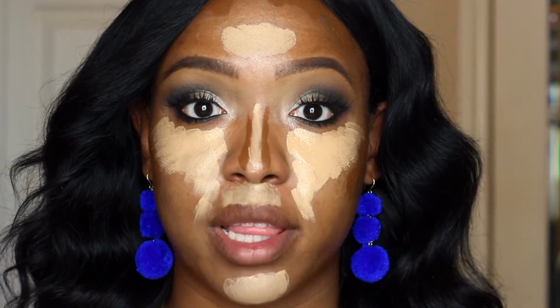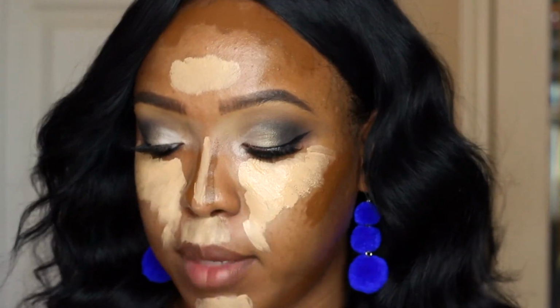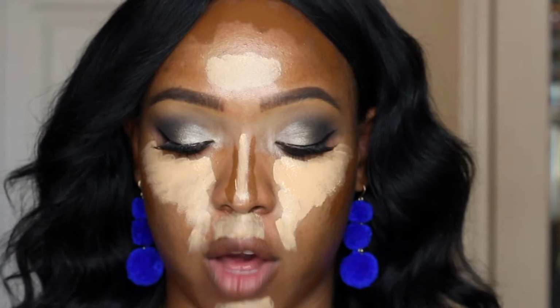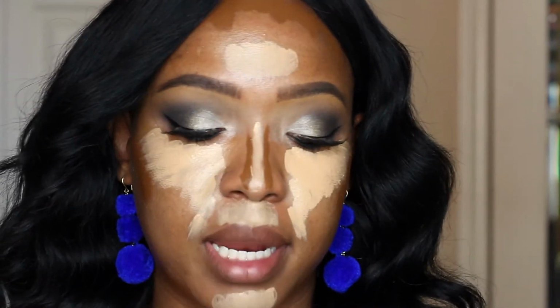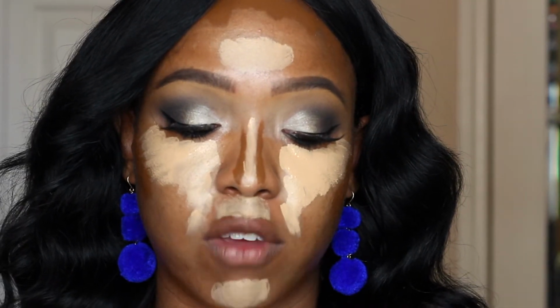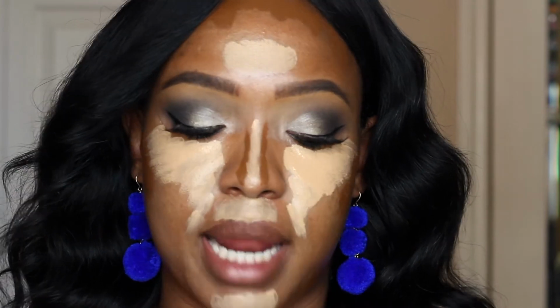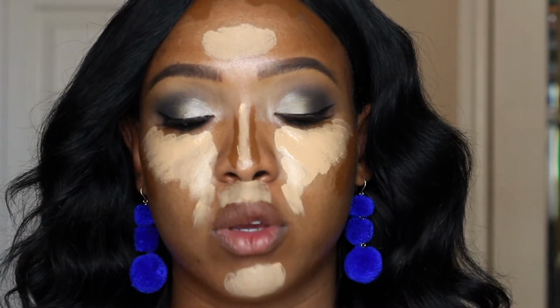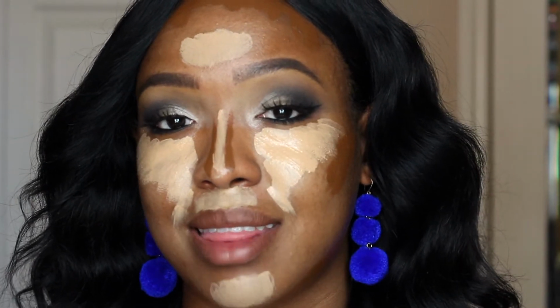So next we're going to go in with the foundation. I am using the L'Oreal True Match Lumi in Soft Sable, what I always use. And then I'm going to take a little bit of the L'Oreal Magic Lumi Light Infusing Primer. This has been out for forever. I've had this for forever. I'm going to do a few drops of this in the foundation just to thin it out a little bit